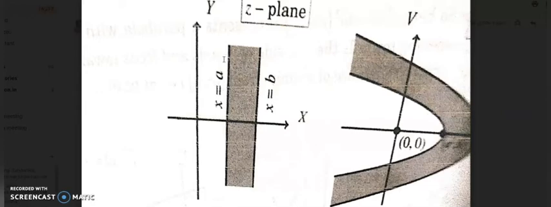You shade it. Similarly, you can draw the two parabolas. This is for a, and the second parabola is for x is equal to b, and there also you have to take the in-between region. The shaded region gives the answer. So that is the image of the given region. The image of x between a to b is the region bounded between this first parabola and the second parabola. That is the solution.